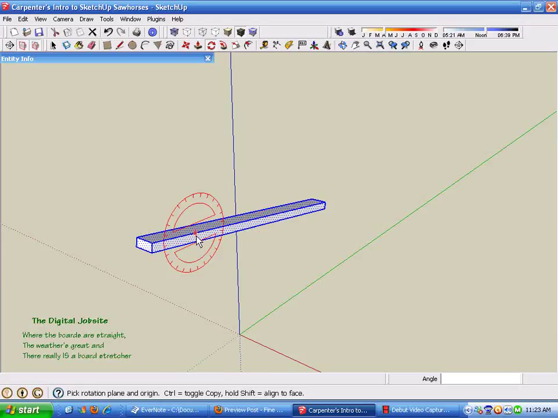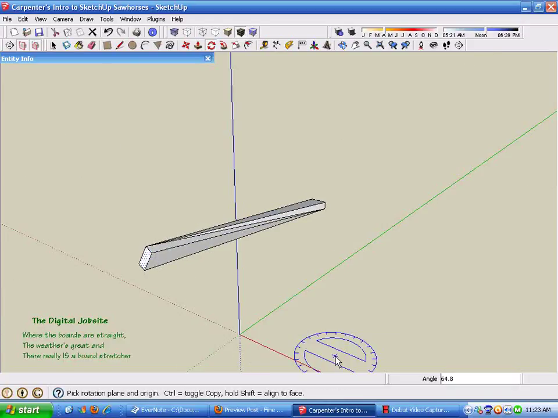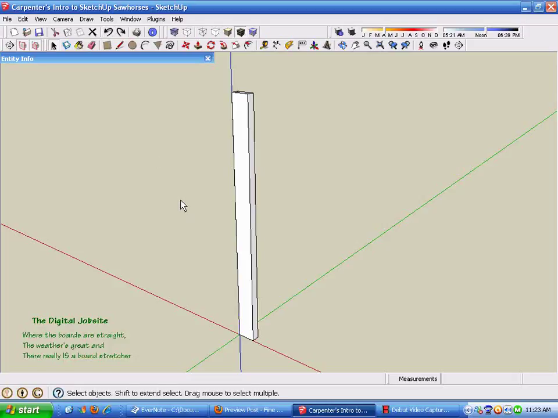I've collected all these individual lines and faces and rotated them. If I hit the space bar and then click out in space, it deselects everything I had. And now if I take this face on the end and rotate it, it does all these wacky things again because I didn't reselect everything and then rotate it. So I'm just going to use the back arrow key again here to get back and stand our 2x4 up,